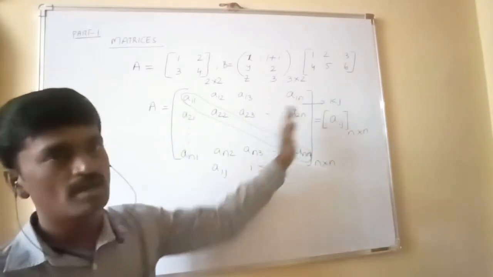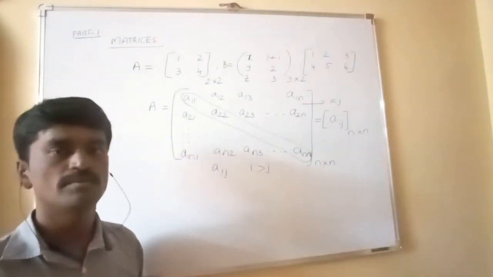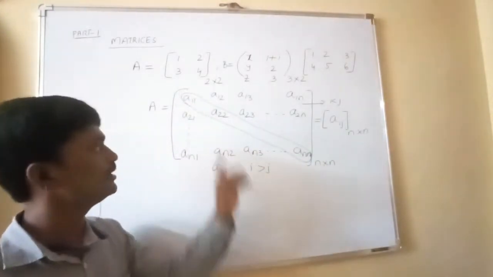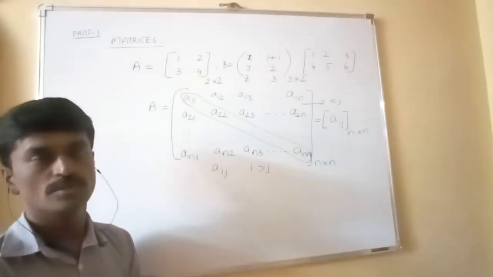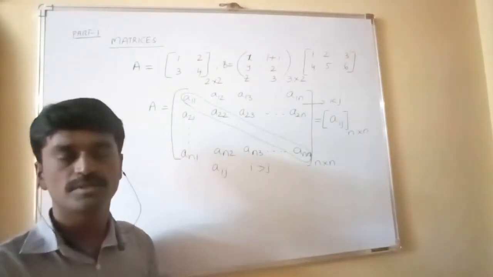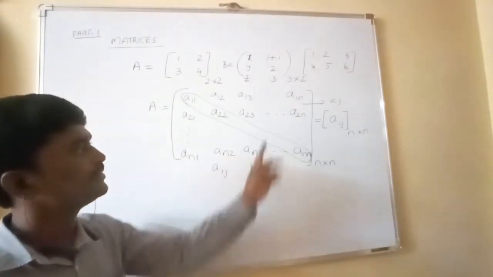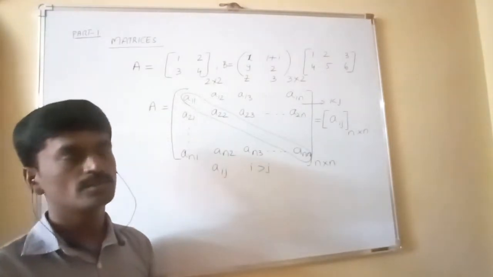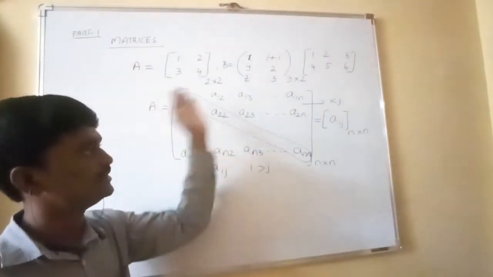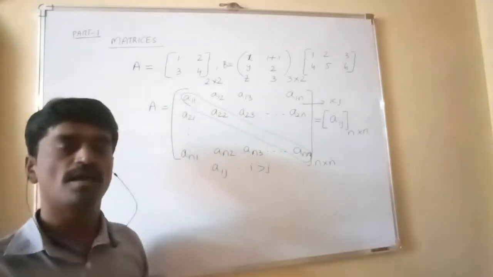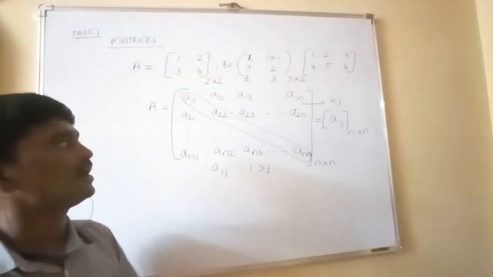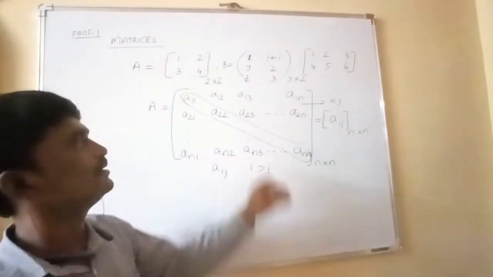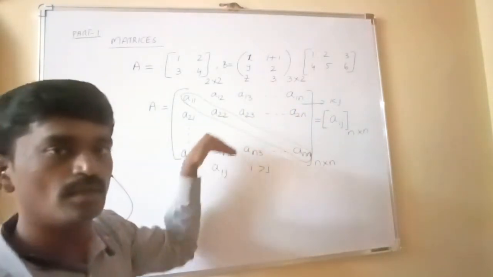And if it is an n by n matrix, the number of elements will be n into n, n square. And obviously, how many elements are there in the diagonal? n elements. So total elements is n square. The number of elements in the diagonal is n. So the remaining elements are called non-diagonal elements. So how many non-diagonal elements are there? Total is n square minus diagonal elements n. So the number of non-diagonal elements is n square minus n, and the number of elements above the diagonal is the same as the number of elements below the diagonal.